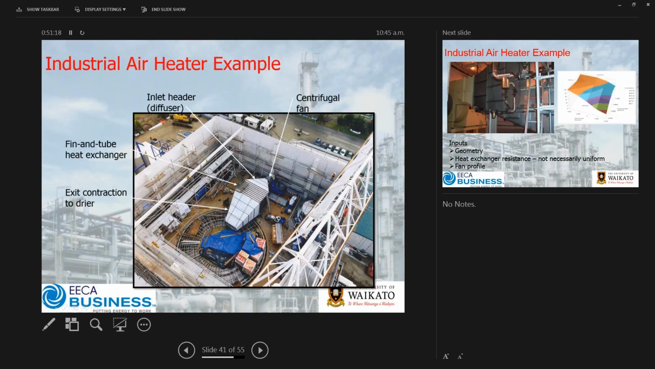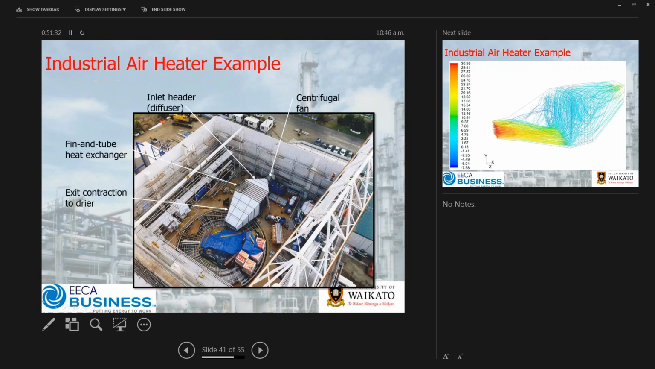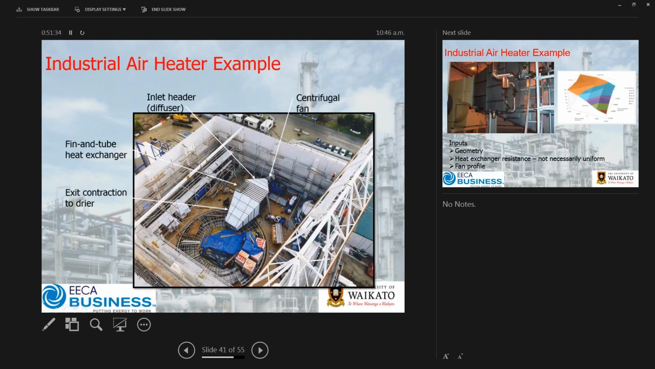Okay, now to finish off today, we've got a couple more minutes, and I just wanted to go through a couple of very quick case studies or examples. And so here's one with an industrial air heater. We will go back briefly. So you've got a fan sitting here. It's very hard to see. So you've got a diffuser expanding air out to go through a coil, and then obviously that's then going into a